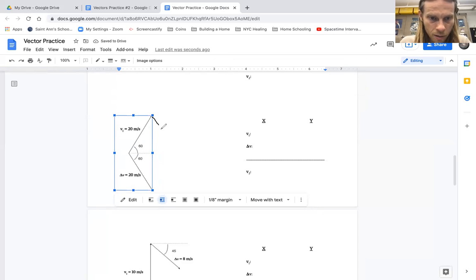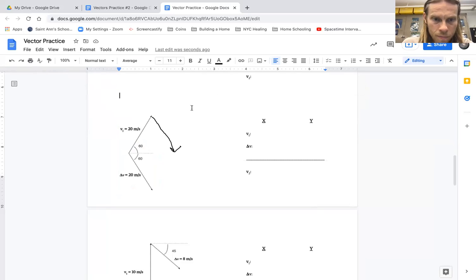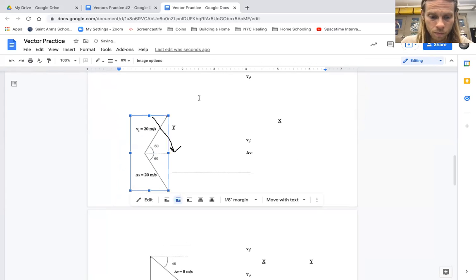I need to compare these tail to head like that, which means this is down and to the right. I need to actually draw this down and to the right, our delta V. I need to literally move it. So here it is. I can move its tail here, move its head here. As long as it's at the same angle, downward at 60 degrees, I can move it anywhere I want, and it's the same vector, which means my V2